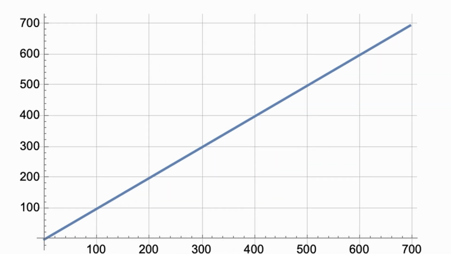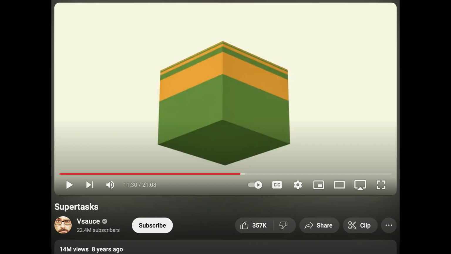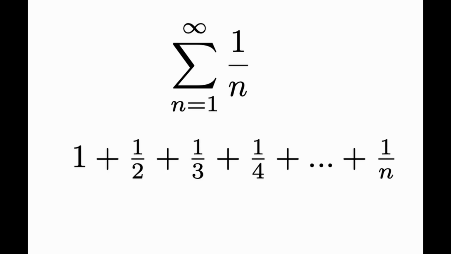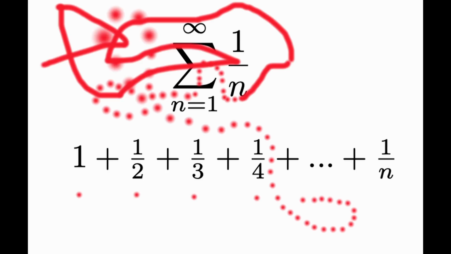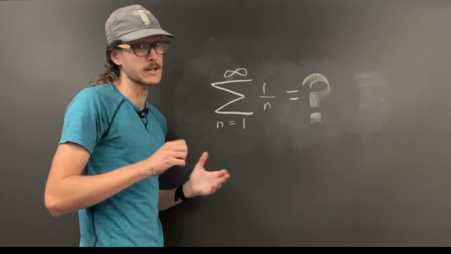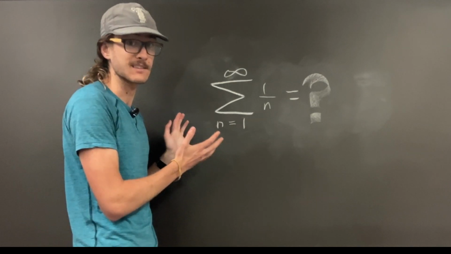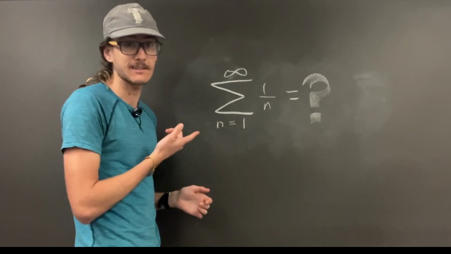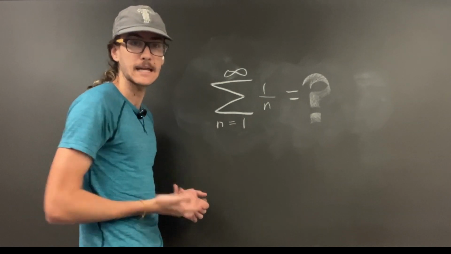Adding together all of these terms would be quite the task. Dare I say a super task? Anyways, doing infinitely many discrete steps of anything, including addition, just isn't something that can be physically accomplished. Instead of trying to find what exactly this sums to, it'd be easier to look at how the sum behaves